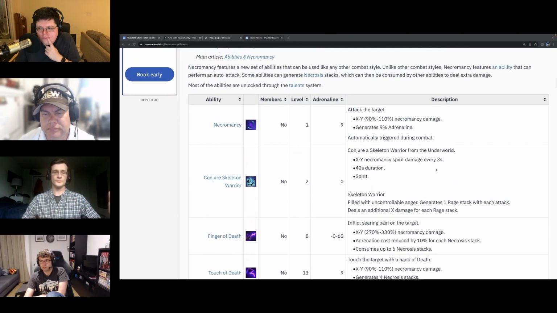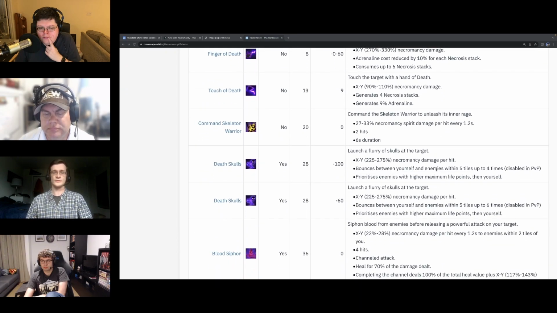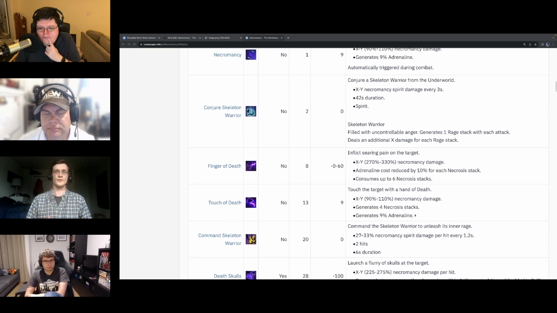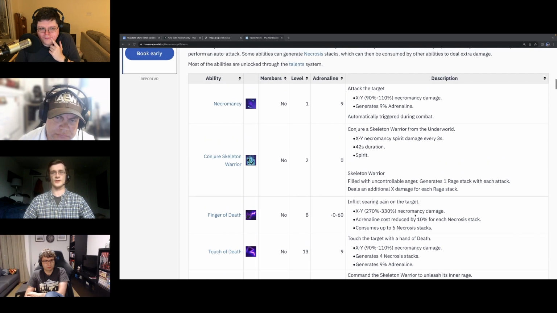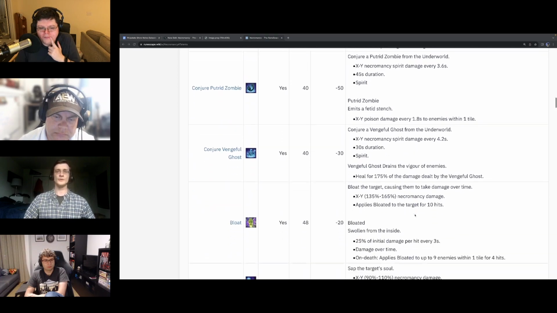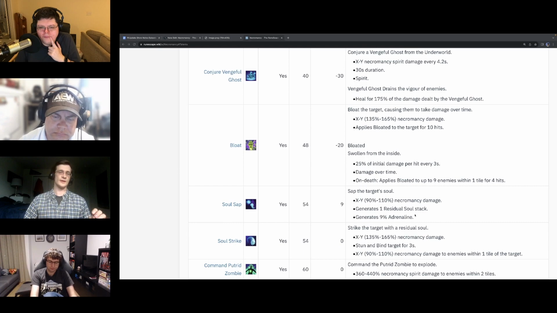But for a Revo bar, you put Touch of Death on to build Necrosis stacks, then you put Finger of Death on to use the Necrosis stacks and Adrenaline, because it's the only use you have for either of those things right now. Then you put your other basic attacks on afterwards. When you unlock the Soul abilities, Soul Sap and either Volley of Souls or Soul Strike, you put those later on your bar. For me, I want to make sure that I never...